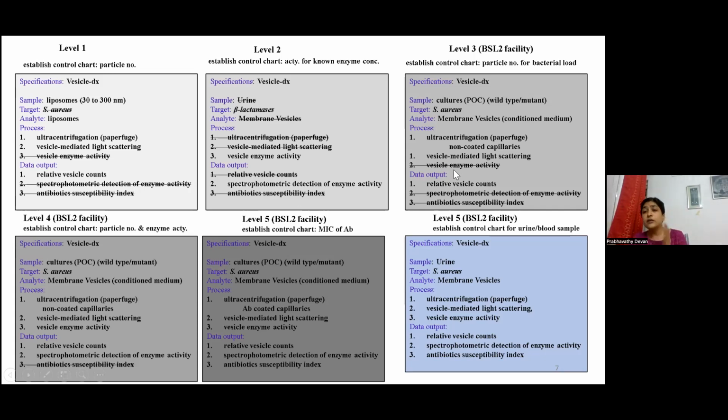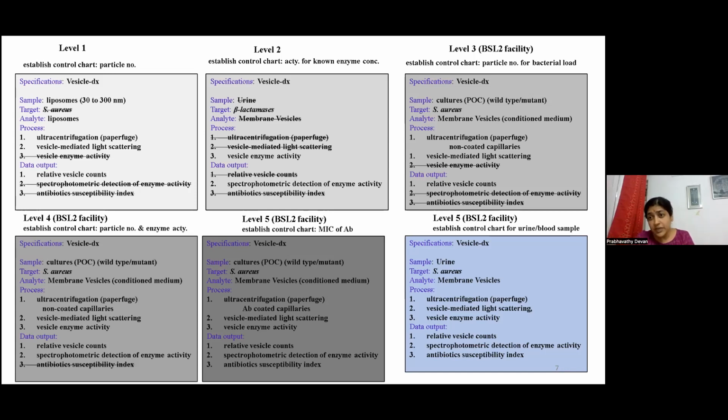And from the third level onwards, we can bring in the cultures. So I have mentioned both the wild type and the mutants here. I hope there won't be much problem dealing with mutants. I'm trying to talk with Bugworks, an incubator here that is doing a wonderful job in discovering new classes of antibiotics for resistant bugs. Okay, so if we have the wild type and mutant, we'll be able to culture them, and we know the culture density. We can identify the ODs, and then we can